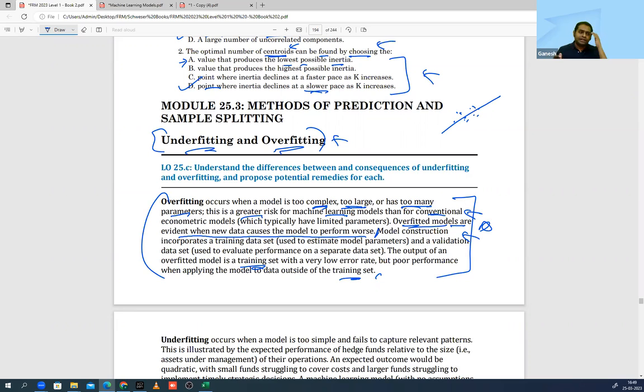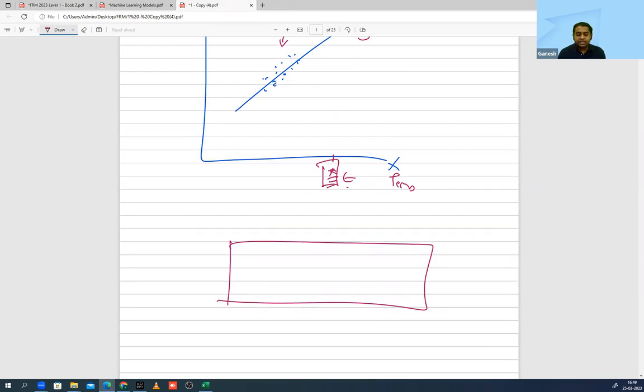If you have the entire data set, I'll give you a very basic intuition. If you have a full data set, suppose this was the data that was available, you say, okay, we will use this data to train the model and this one to validate the model. Validate means to check whether the model is giving you the right answer or not. Understood? A certain part of the full data set is used as in-sample data to create or train the model, and then a certain part is kept as a validation part, where we check whether the model is giving good predictions or not. After this there is one more, testing. We'll come to that.